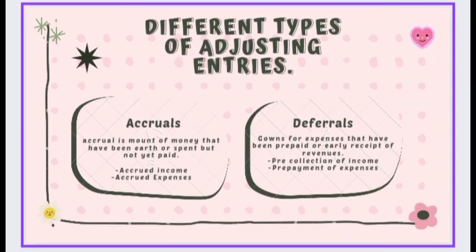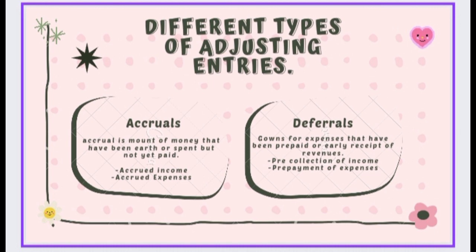After knowing what adjusting entries are, let's define the different types of adjusting entries. The first one is accruals and the second one is deferrals. Accruals are amounts of money that have been earned or spent but not yet paid. For example, if a company provides a service to a customer in December but does not receive payment until January of the following year, the revenue from the service would be recorded as an accrual in December when it